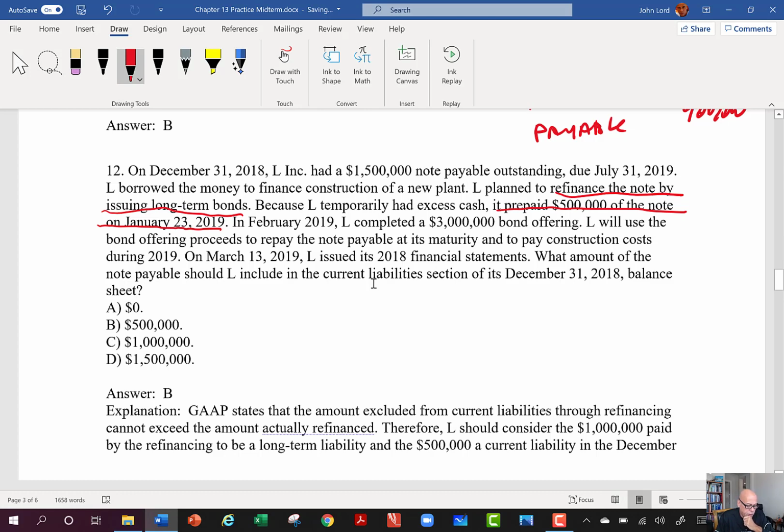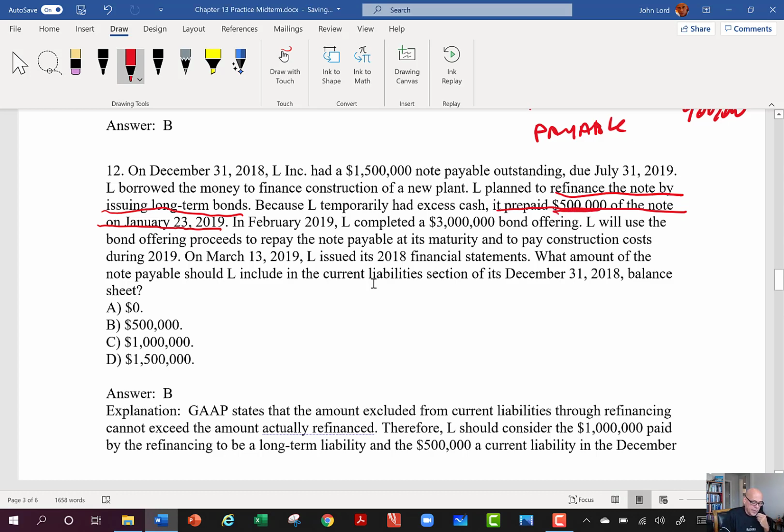L will use the bond offering proceeds to repay the note payable at its maturity and to pay construction costs during 2019. On March 31st, 2019, L issued its 2018 financial statements. What amount of the note payable should L include in the current liabilities section on its December 31st, 2018 balance sheet? Okay, now look, I paid